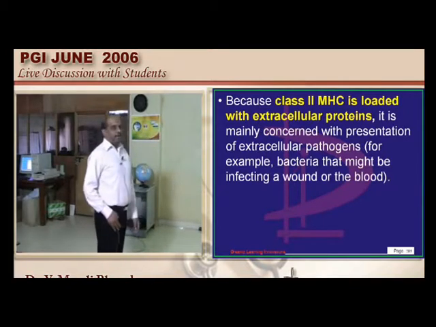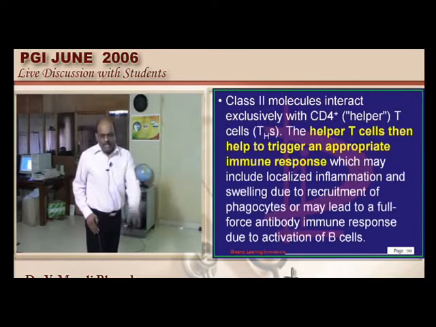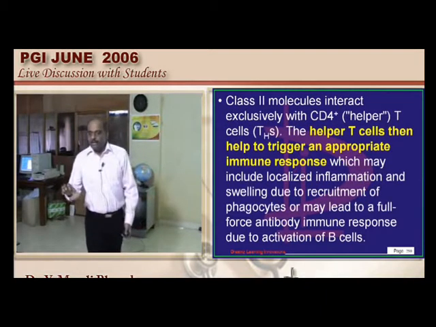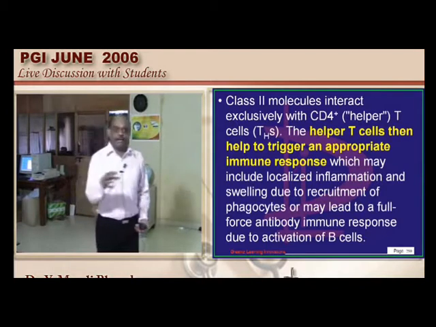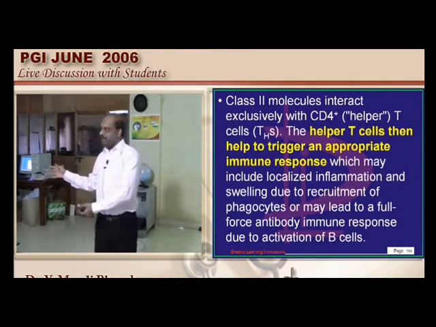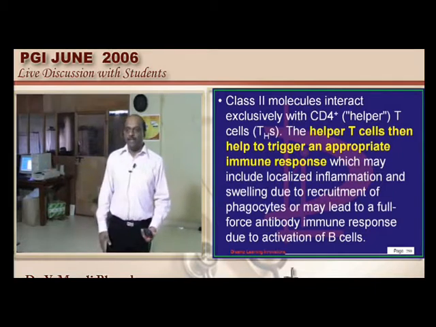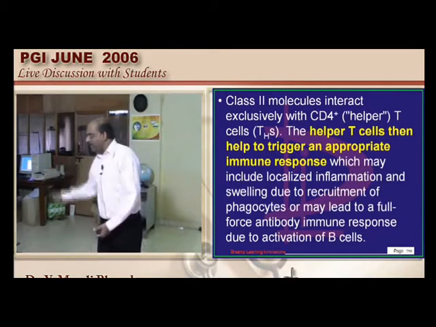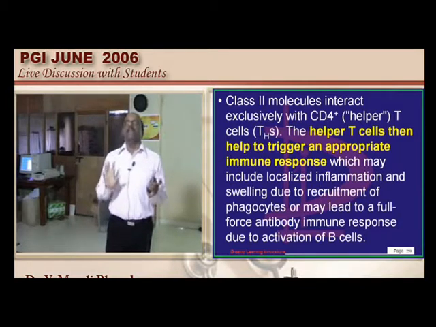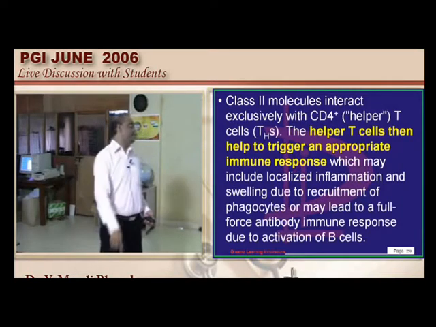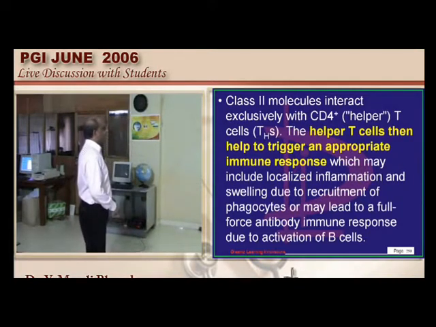Now what is the purpose? If MHC class 2 got expressed, what is the big deal? If it got expressed, then the TH, helper T cell, will recognize, oh, this macrophage fellow has caught the right candidate, now it is my duty to go and kill him. So how will he know? The moment he catches that antigen fellow, he will express that class 2 molecule, which is recognized by the helper T cell. The helper T cell will go and attack it, is what needs to be remembered.